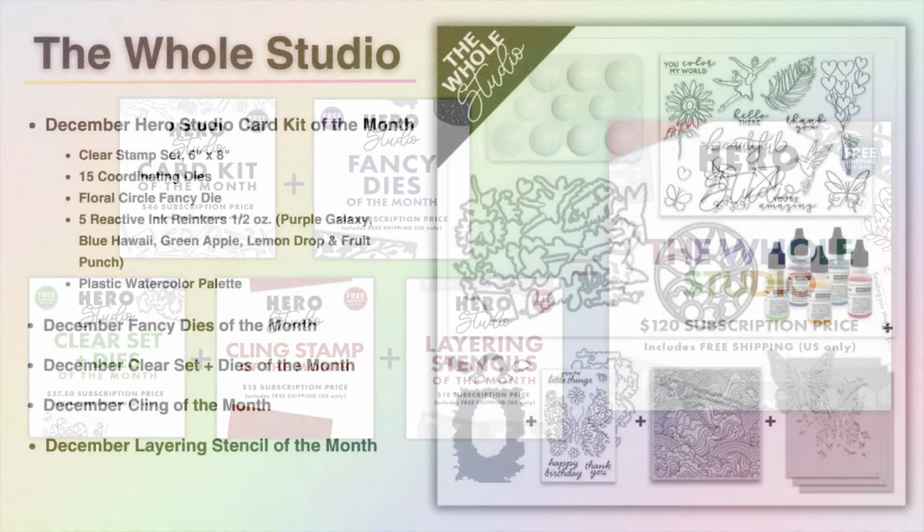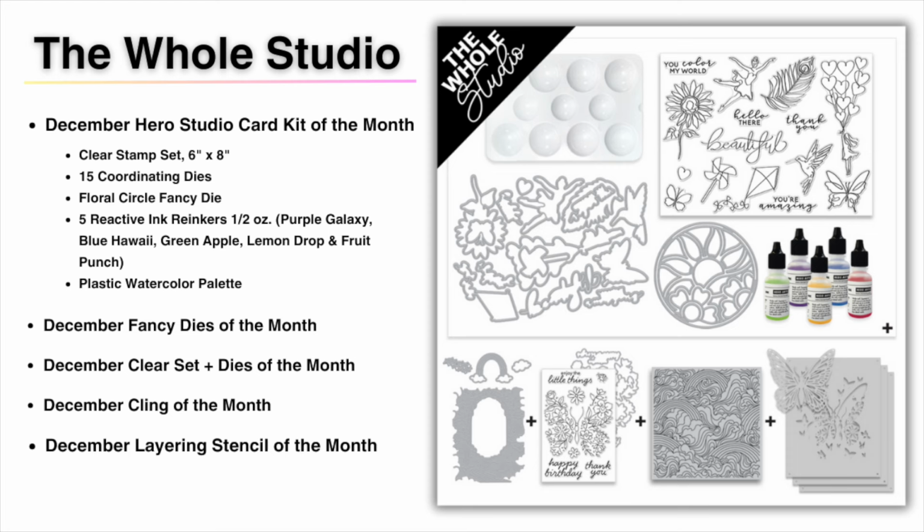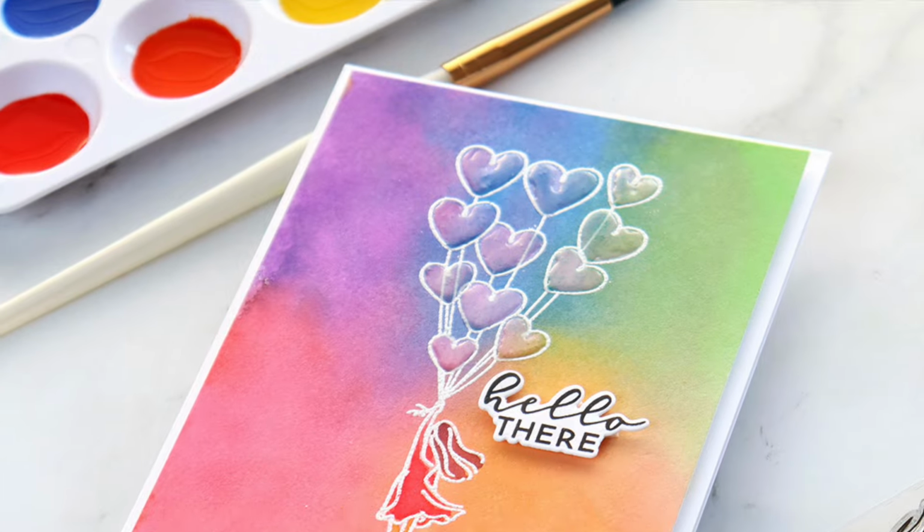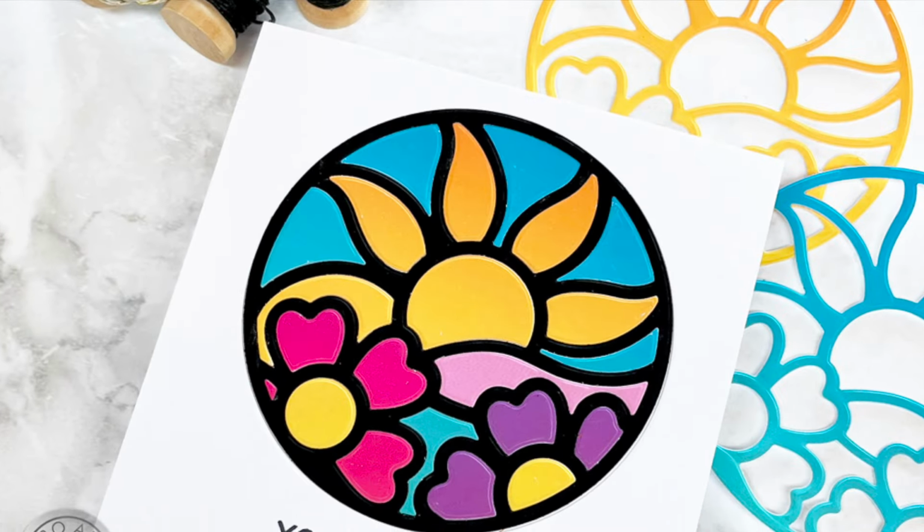To review, here's all that's included in the December Whole Studio. The entire December card kit of the month, which we covered at the beginning of the video, the December Fancy Die of the month, the December Clear Set plus dies of the month, the December Cling of the month, and the December Layering Stencils of the month. And that completes our closer look at the December Card Kit of the Month, the 4 monthly minis, and the